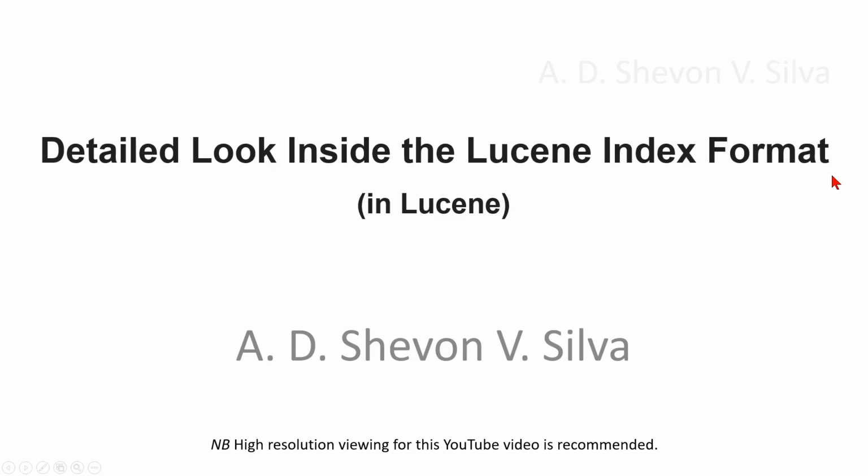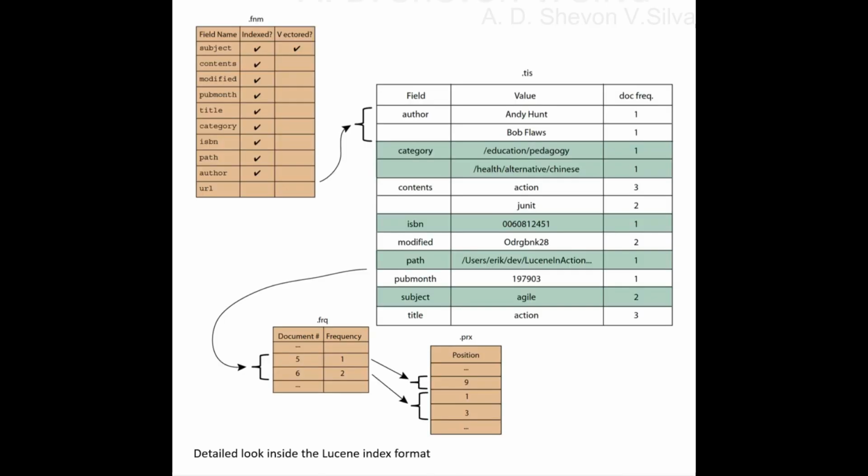Detailed look inside the Lucene index format. Here you can see a detailed look inside Lucene's index format. Here, .fnm, the fields, stores information about fields, and .tis, term infos, part of the term dictionary, stores term info,